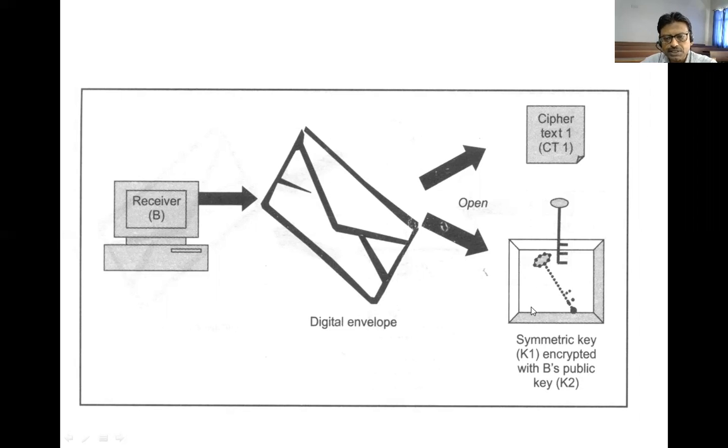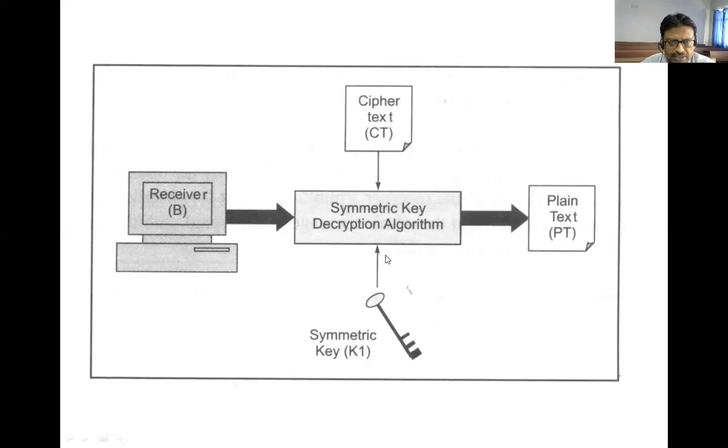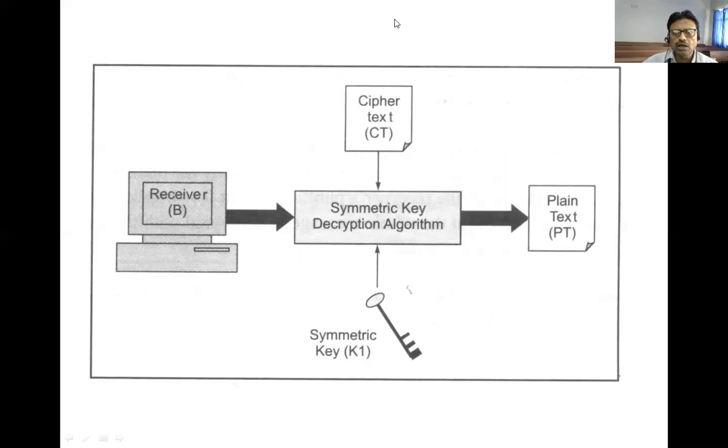So the first process is to decrypt this encrypted symmetric key by using the private key, because this symmetric key was encrypted by B's public key, so it can be decrypted by using the private key. So it will first use the private key, apply the asymmetric key encryption algorithm, and then only it will be able to get the one-time symmetric key. Once it gets the one-time symmetric key, it will use that symmetric key to decrypt the ciphertext back to the plain text. So this is all about